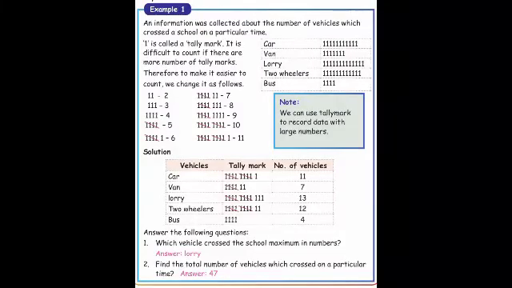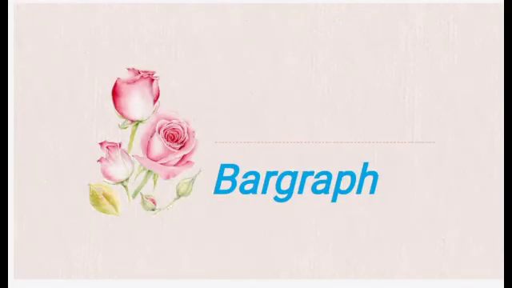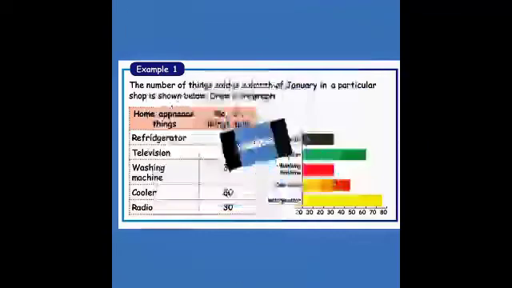Yes, my dears. The last way to represent the data is bar graph. A bar graph is a chart that uses bars to show comparison between the categories of data. The bars can be either horizontal or vertical. The bar graph is used to represent the data, and is also used to show the comparison of the data. Yes, so we are going to do the bar graph now.